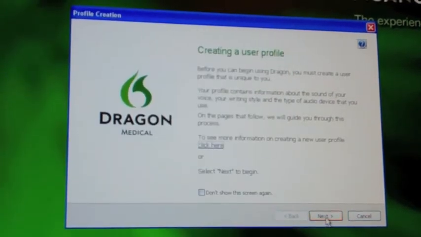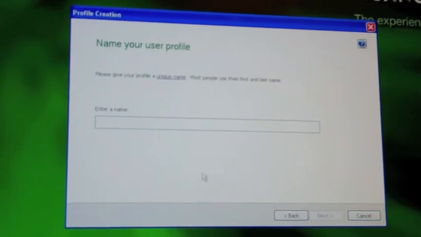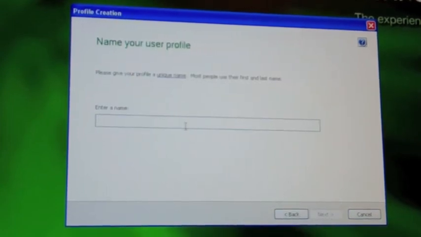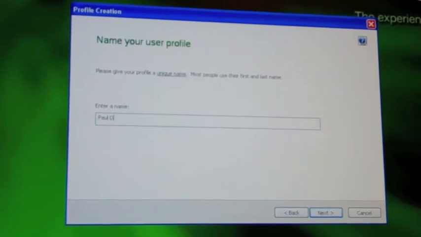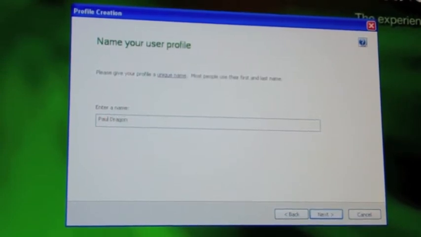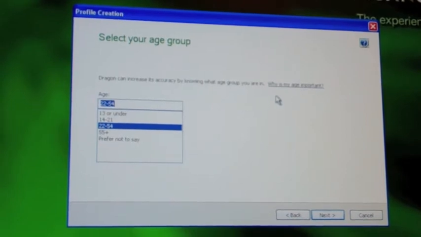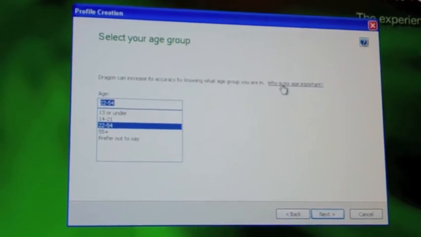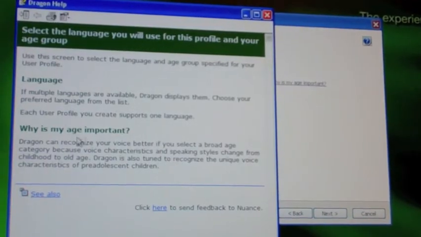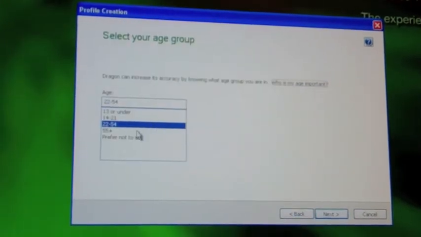So we are now going to go to the next, and we have to enter a name for the profile. So we'll call this Paul Dragon. Once we've got the name, we hit next. The next question it's going to ask us is the general age of the profile user. And again, if you want to know why, you can go to the help menu and it'll explain why the age is important. And for me, my age is between 22 and 54, and that's more than close enough, so